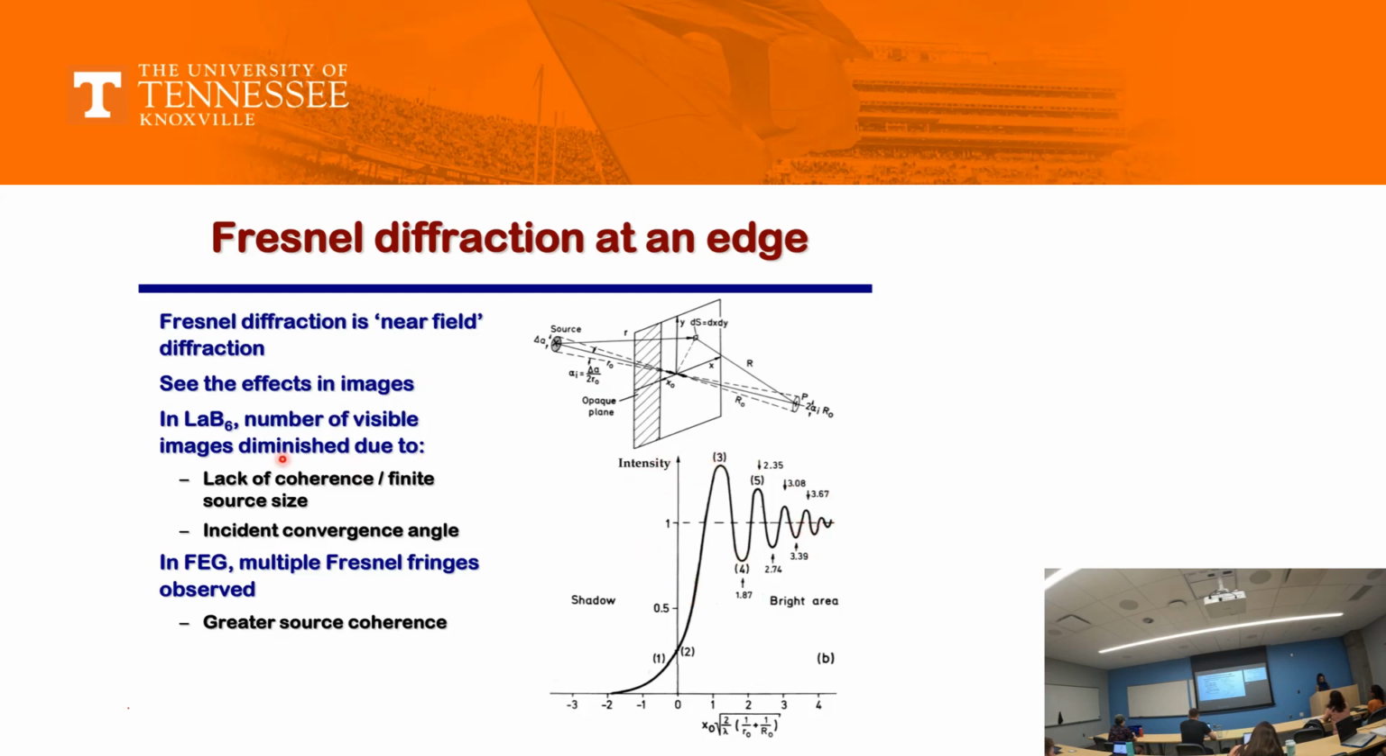Now, in LaB6, the number of visible images is diminished due to lack of coherence and incident convergence angle. And in FEG, multiple Fresnel fringes are observed, which has a greater source coherence. So here it tells you about the difference. One thing, these are two diffractions happening. People debate, but in most cases, Fraunhofer is one of the best